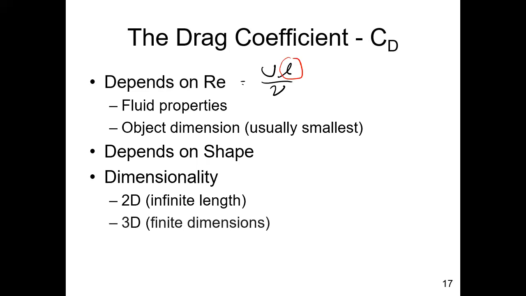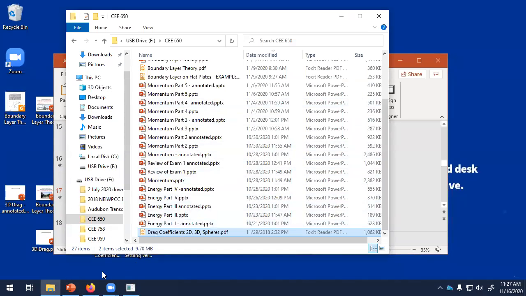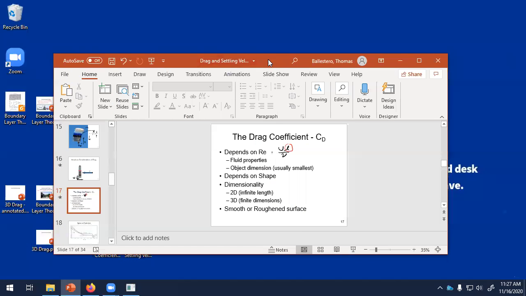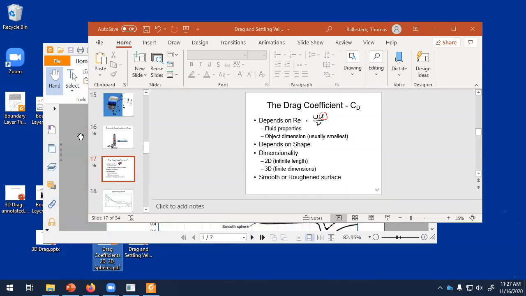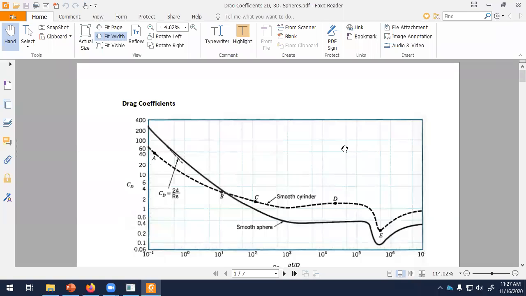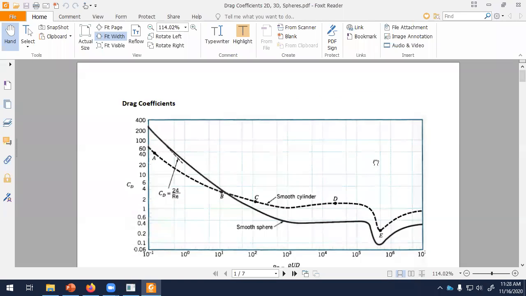Actually, I'll cut out of the PowerPoint and we'll go to that handout. And then some of these are for 3 dimensions or finite sized object in all dimensions. So let's get out of this, and then we're going to open up the drag coefficients. So this is the handout for today. And what you see is on page 1, drag coefficient for a sphere versus cylinder. And again, the important thing is to recognize